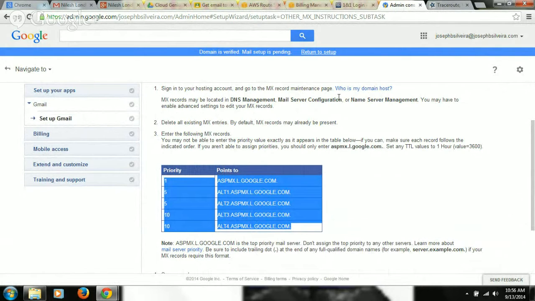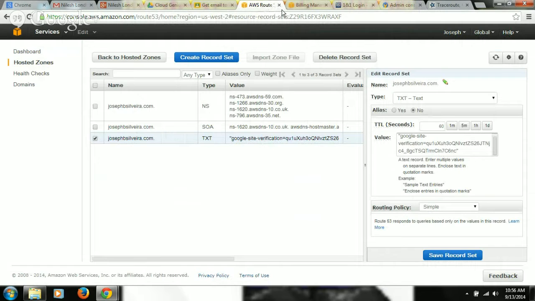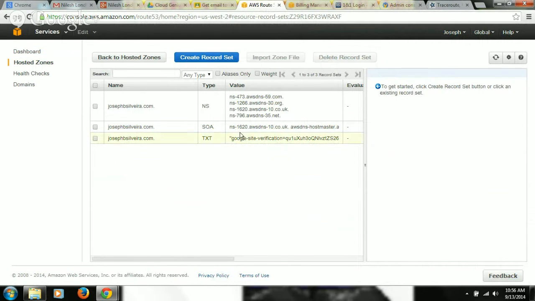Control C. And go to Route 53, which is your tab number 6, AWS routing. Create a new record, create record set, and create an MX record set. The blue color button.